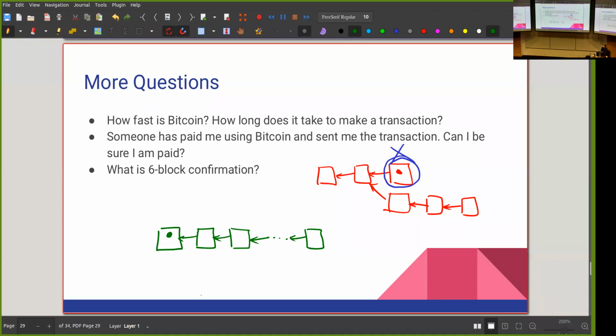So if you want to buy something using Bitcoin, you can't buy things that have instant delivery. You can't use Bitcoin normally in a vending machine. Of course you can, and there are vending machines that use this payment by Bitcoin, but they don't wait for the confirmations. They don't wait for more blocks to be added after their transaction. So that's risky. They might get ripped off.